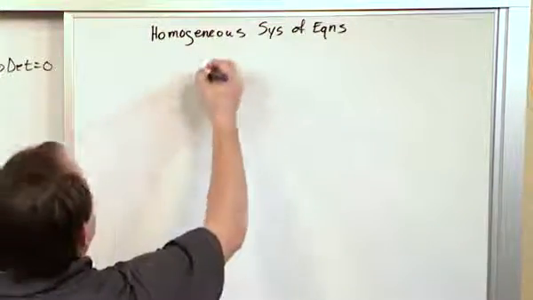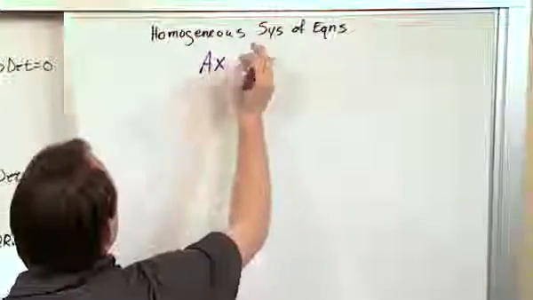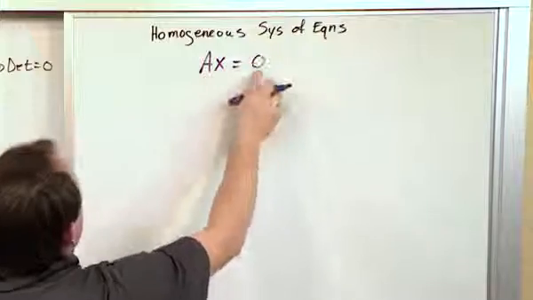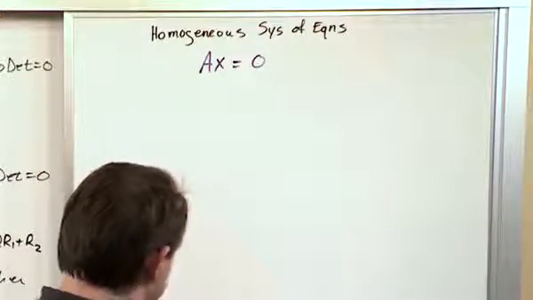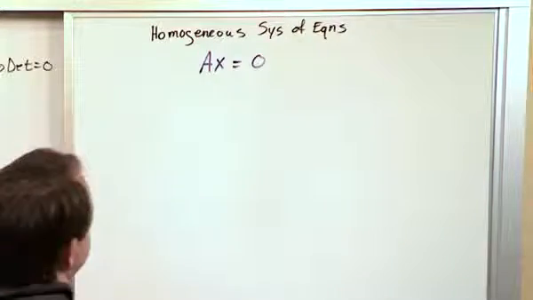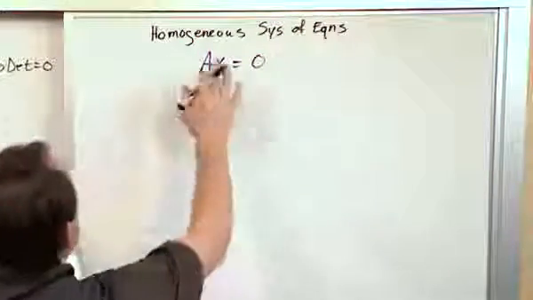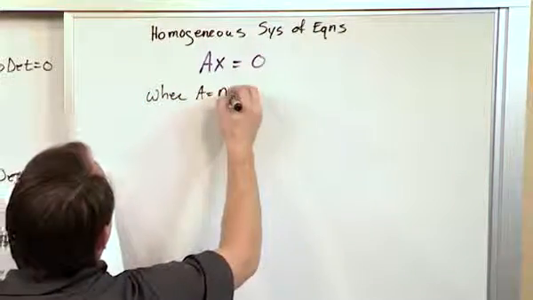But they take the general form, some matrix times some column vector with your unknowns, we call it x, is equal to 0. Homogeneous means the right-hand side is 0. Turns out that it's very, very common in real systems. Okay, so we're going to study the case of homogeneous systems where A is an n by n